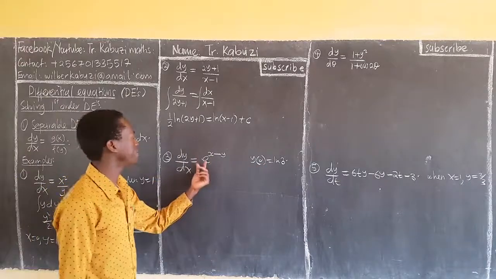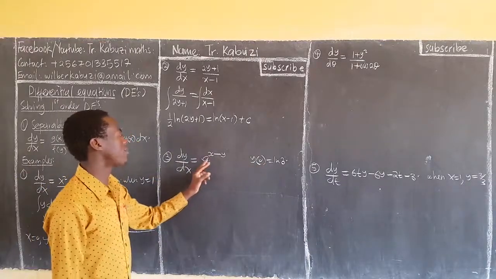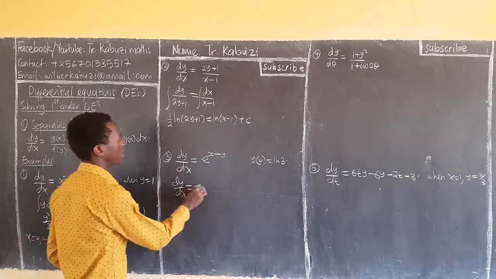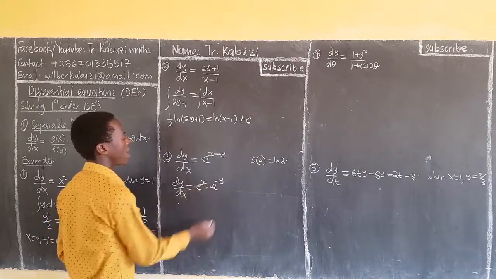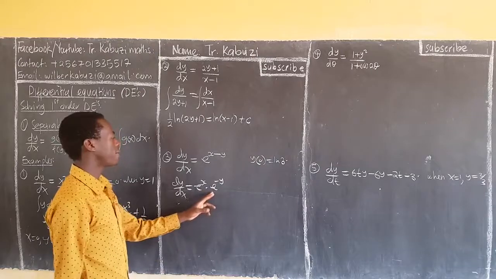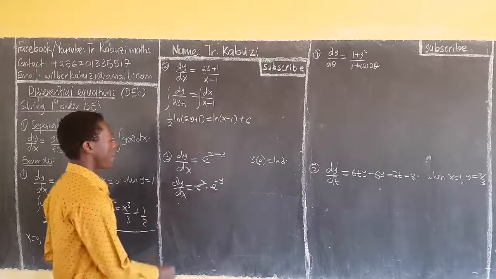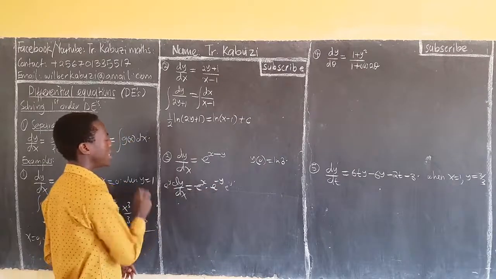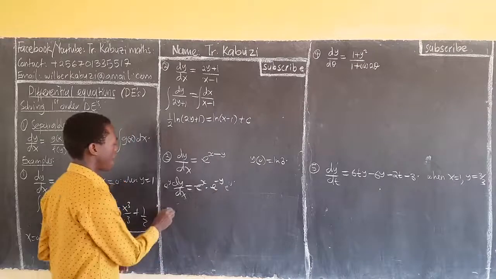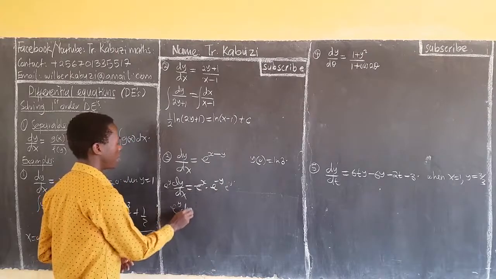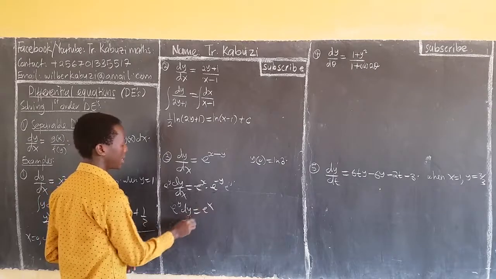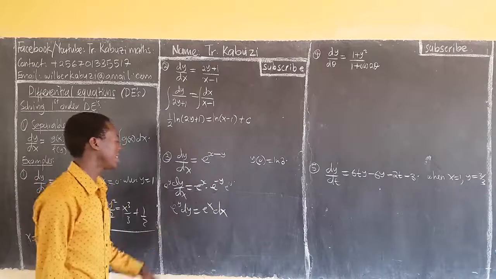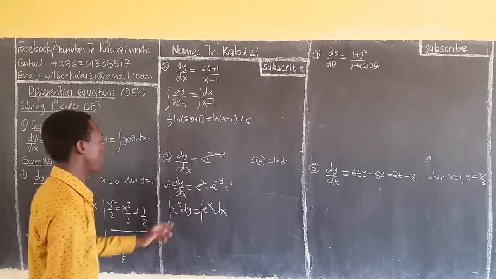Now this one, can I separate? Let me see. First of all, I can separate this one, 2 equaling to e^x, then times e^(-y) using the indices. Now if I divide this side by this, I multiply by e^y this side and by e^y this side. When I multiply this will go to 0, so I'll be having e^y dy equaling to e^x. Then I take this dx this side. So there I have separated, and from here I can easily integrate. I integrate this to get